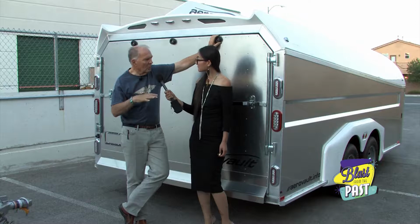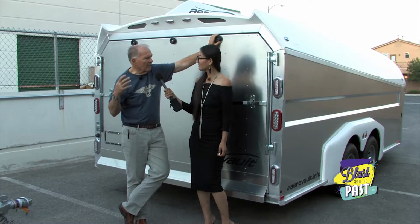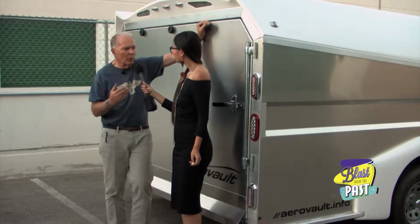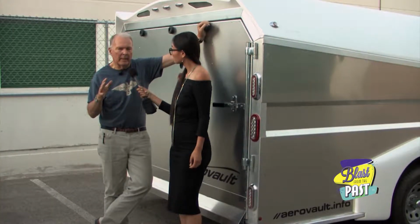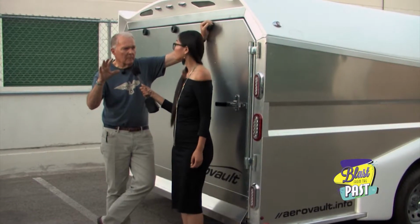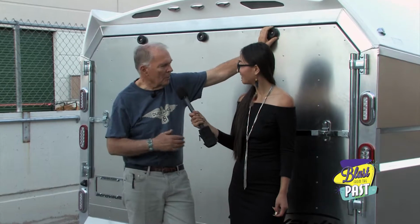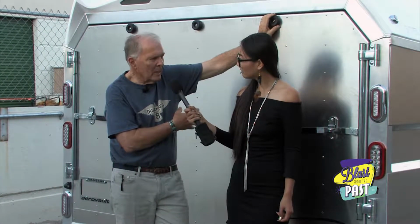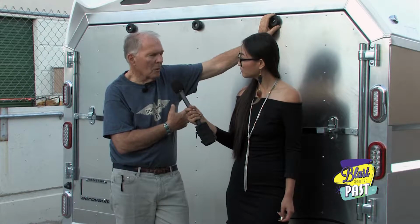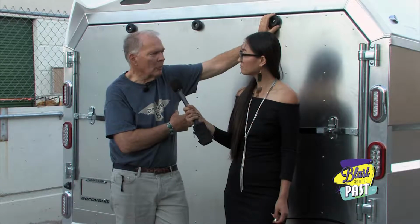And it's lower, has less drag, and you don't even know it's behind you. Instead of having to have a great big truck to haul your trailer, you can haul it with your SUV or your production sedan or something like that. So it makes a lot of sense. And because it's very lightweight, it's so easy to move around. It becomes a household tool that you can use not just to haul your race car,